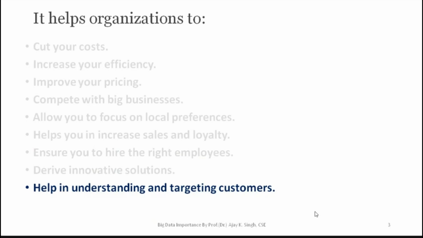Next, it helps in understanding and targeting customers. If I am very familiar with the data, suppose what data he has gone for in that e-commerce, I will immediately understand the focus of that particular customer. He is very much interested in buying, suppose, gadgets, your mobile. The moment you click some product, next time you are going to see n number of different advertisements related to that product, isn't it? So it helps in understanding and targeting the customer. That is very clear.